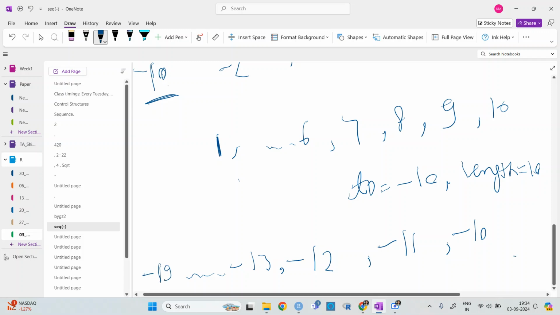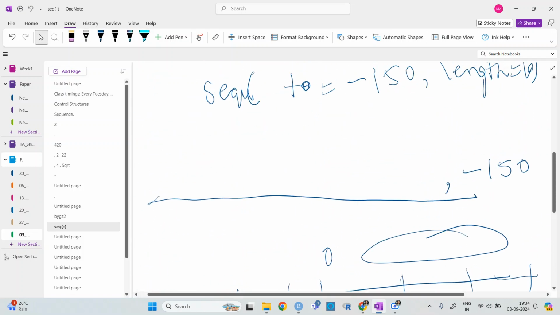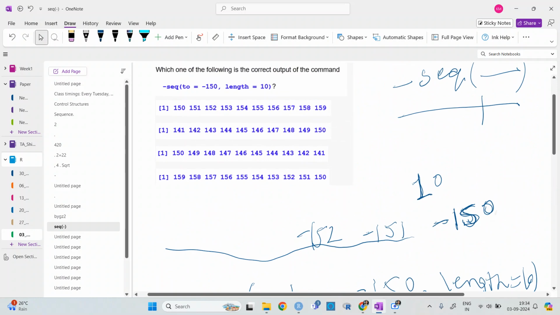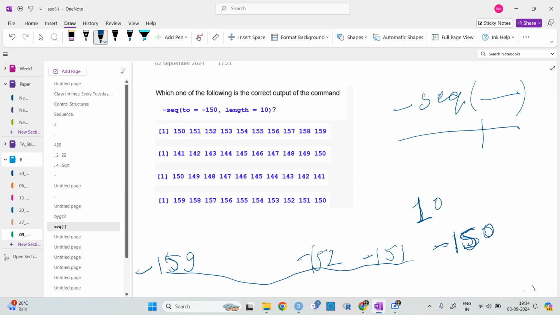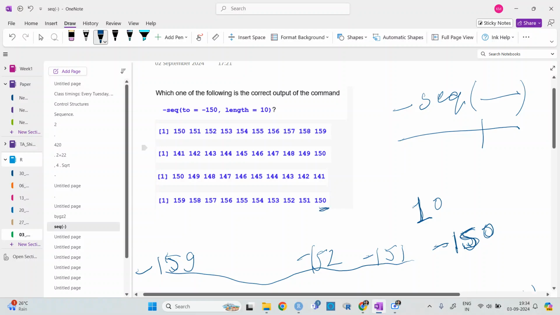All you need to remember is that real line. So don't think about the numbers, think of a real line. So in the real line it will be -151, -150, -159. I was thinking the first will be 159, that's true, but I was thinking it would go in a reverse direction. But that's fine, no issues. So when it is 2, the last number would be 150, which comes here. So that will be this. Thank you.